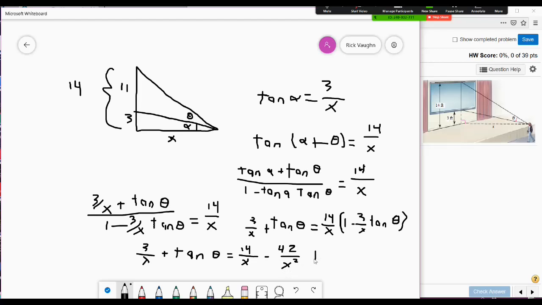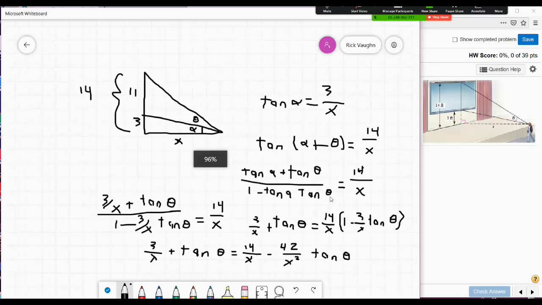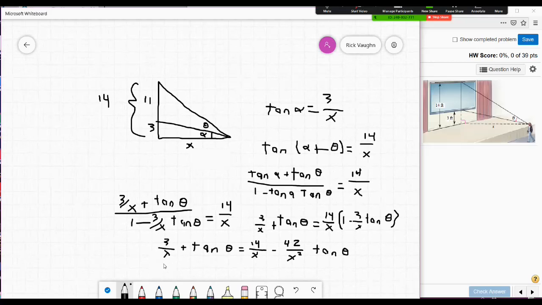tan theta. Now, at this point, it might be best to multiply everything through by x squared just to get rid of all the fractions that are here. And you can do that because you know that x can't be 0. If x is 0, you're standing at the wall and you're looking straight up the wall. You won't be able to see the screen. So I'm going to multiply through by x squared and get 3x plus